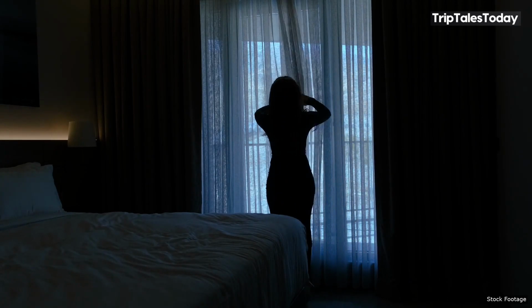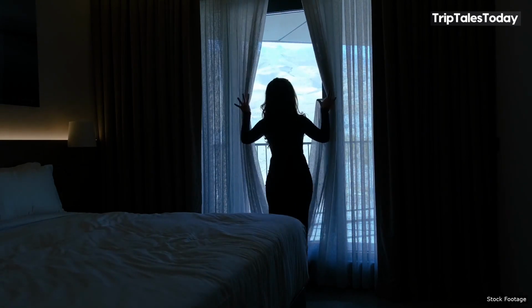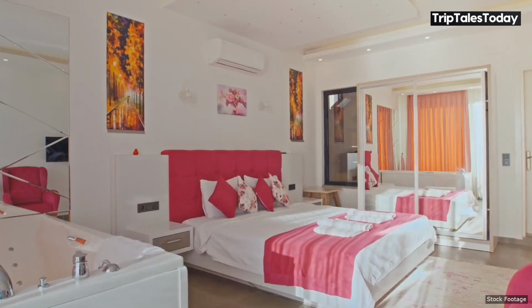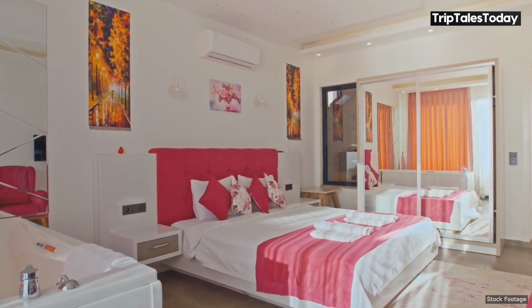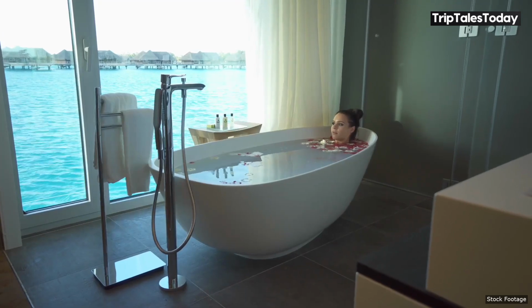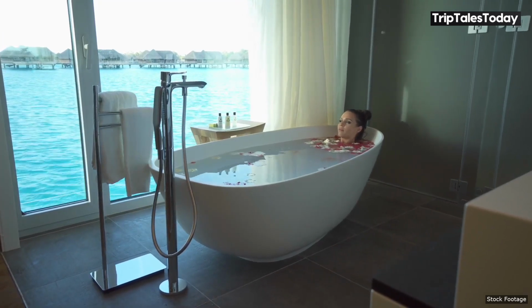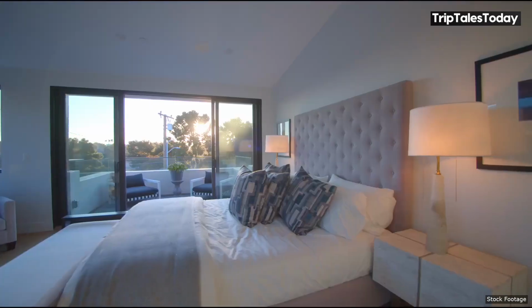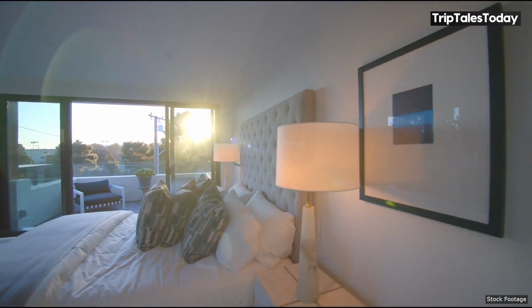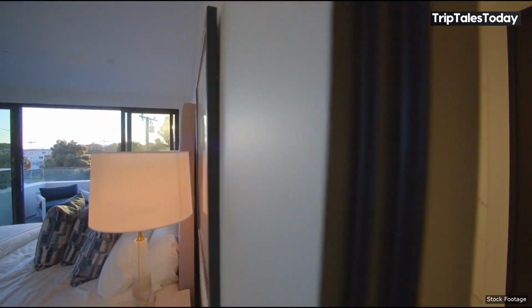The superior rooms and suites take things up a notch with larger living areas, upgraded amenities, and better views of the Mediterranean coastline. Some suites even feature separate living rooms and dining areas, making them perfect for longer stays or special occasions. The housekeeping service maintains exceptional standards, with rooms cleaned daily and towels changed regularly, ensuring guests always return